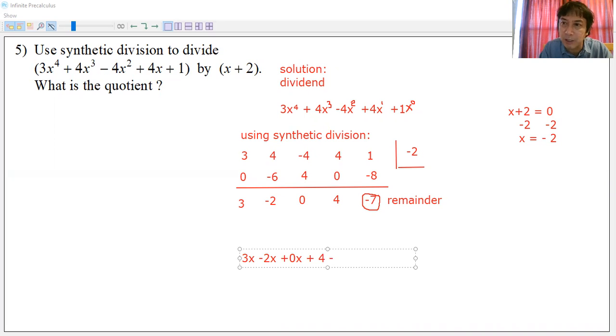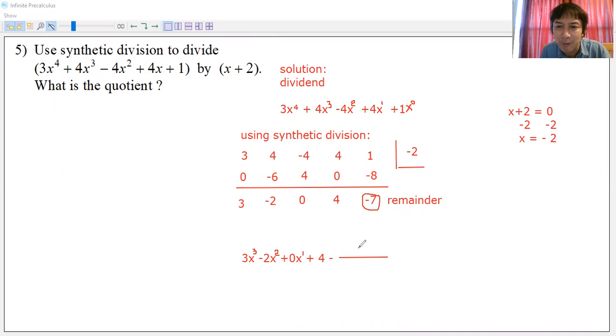So the sign here is minus. And then we put the division line here. Now, let me put the exponents first before we forget. This is coefficient 3. Remember, it's 1 degree lower for the quotient, so this will be degree 2. And of course, this is degree 1, which we can simplify later because the coefficient there is 0. This is, of course, the constant, so we don't write x to the 0 because x to the 0 is 1.